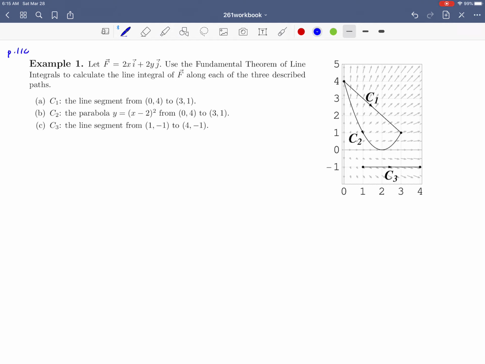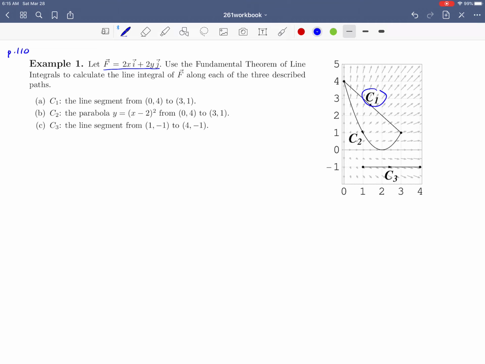Welcome back, everybody. We are looking at example 1 on page 110 of the workbook. Let's read this together. They're giving us a vector field f, 2xi plus 2yj. And they're asking us to use the fundamental theorem of line integrals to calculate line integrals along a series